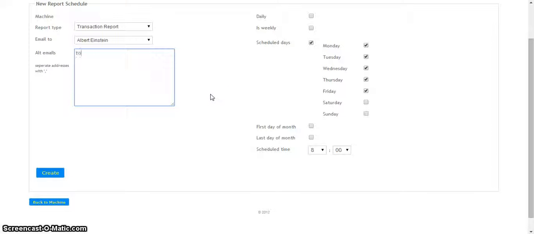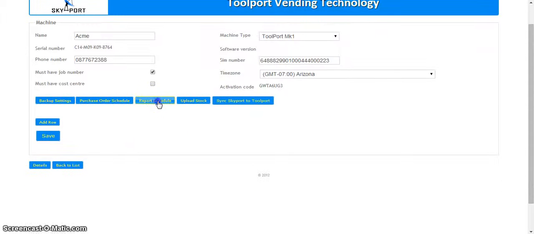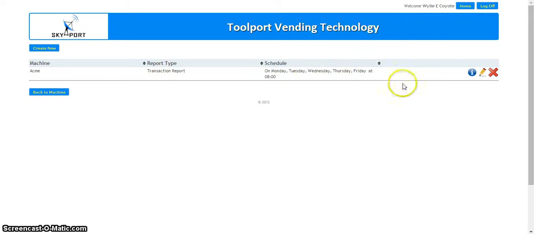Again, you type in the name, and again separated by a comma. Okay, you can either again enter and type, or you can just carry on writing it on here. Etc. And once we've finished, create. It creates the schedule. We can go into the report schedule and it shows it as a line,